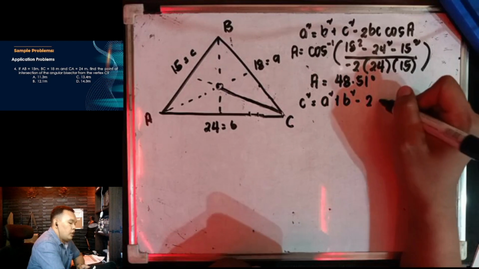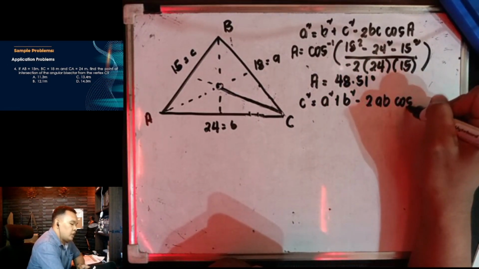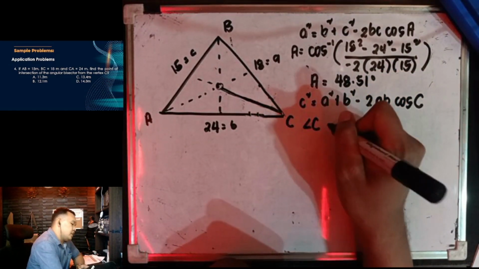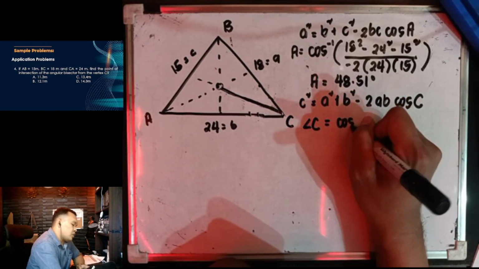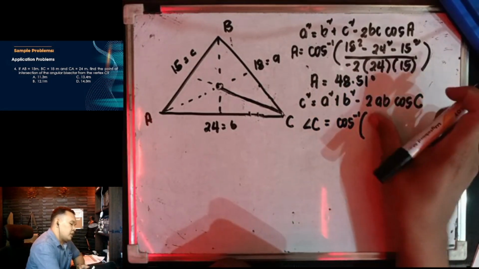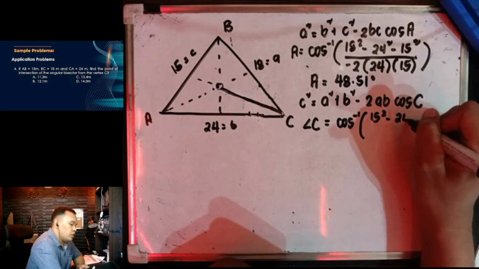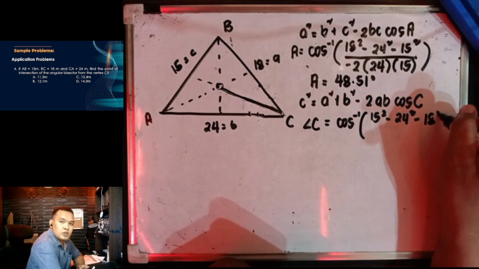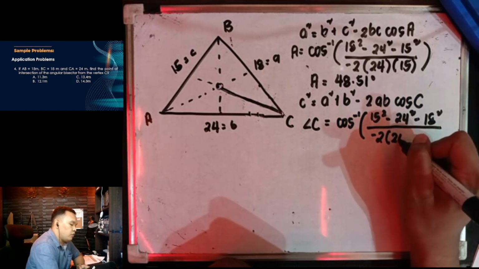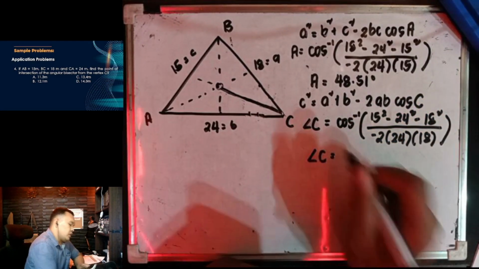minus 2AB cosine capital C. Right? Then, angle C is equivalent kay arc cosine C pala. Ang C natin ay 15 squared minus 24 squared minus 18 squared all over negative 2 times 24 times 18. So, angle C is equivalent kay